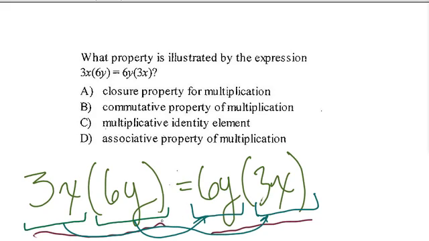So it looks like we're multiplying. It looks like we changed the order, and even though we changed the order in which we're multiplying, things are still equal. That sounds like the commutative property to me. Remember, the commutative property, people often mispronounce it, right? They say the commutative property, and pronunciation isn't always essential, but I think it's helpful here